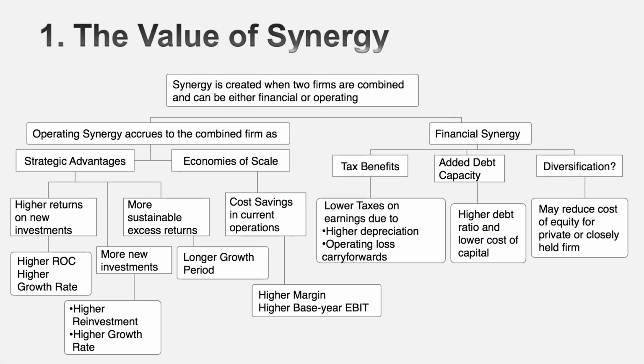It can take the form of tax benefits. The tax code might have issues in it or code in it that allows you to take advantage of being a combined firm. Here are a couple of examples. By combining 2 firms, you might actually be able to increase your depreciation charges each year. Why is that good? While that lowers your earnings, it increases your cash flows. It could also be that a portion of goodwill, that extra amount, the difference between the market value and the book value that you're allowed to show on your balance sheet, you might be able to write off and claim a tax deduction for it. Very unusual in the US and Europe, but in some emerging markets, you might be able to get away with that. Those are tax benefits. They increase your cash flows, increase your value.